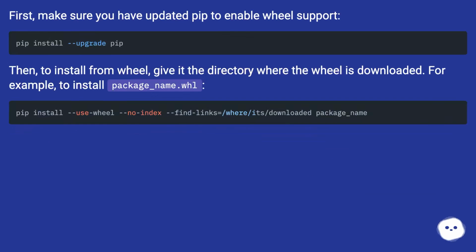First, make sure you have updated pip to enable Wheel support. Then, to install from Wheel, give it the directory where the Wheel is downloaded. For example, to install package_name.whl,